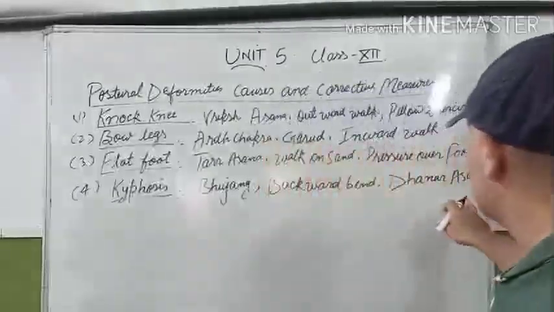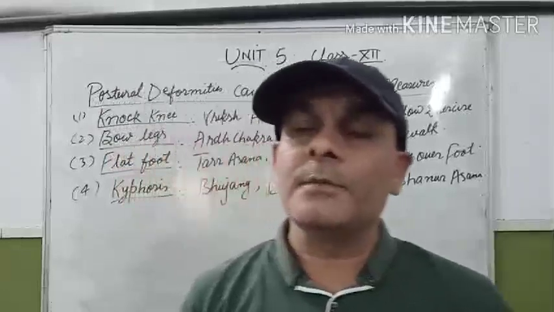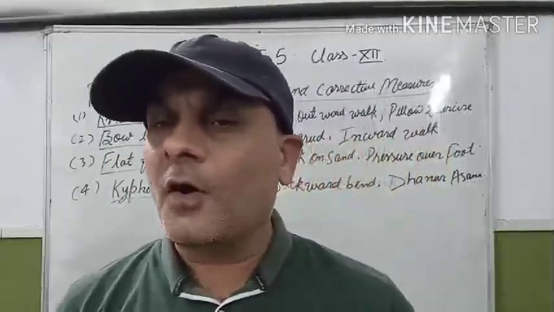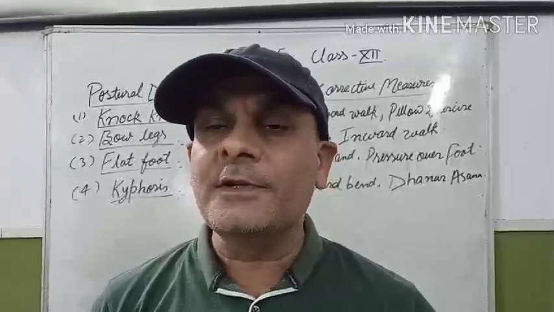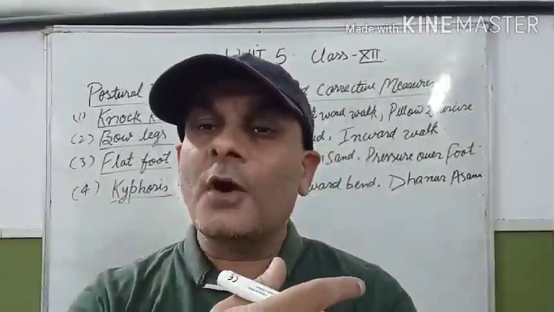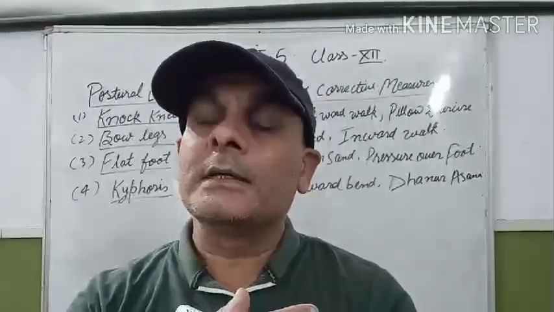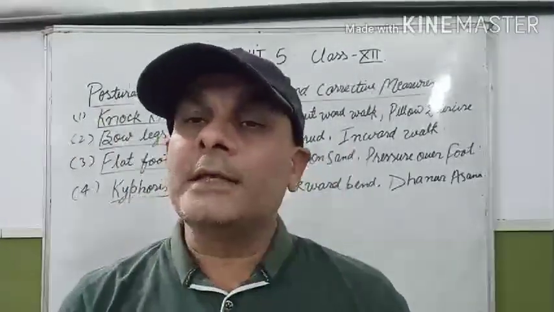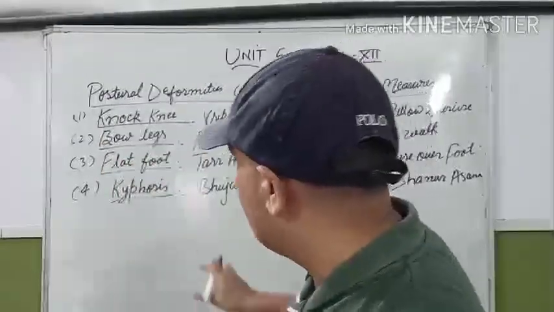The last asana is called Dhanurasana. In this asana, you take the lying position. You have to flex or bend your legs and hold the legs or knees with both hands. Your hips should be on the ground and other body parts up. Like this, you have to perform this asana. If you do this regularly, then definitely it will improve your back.